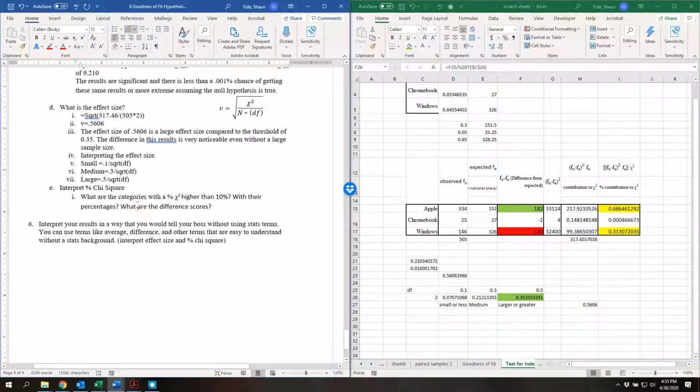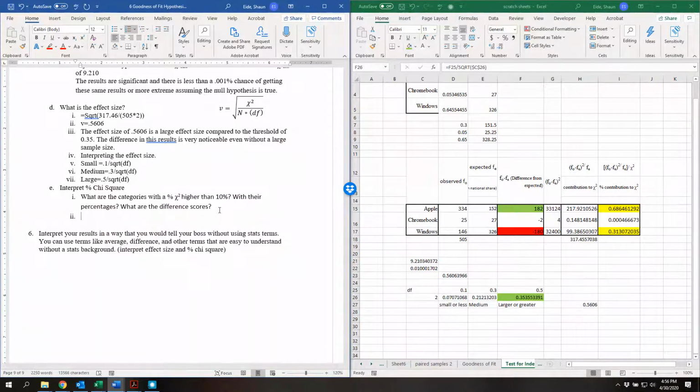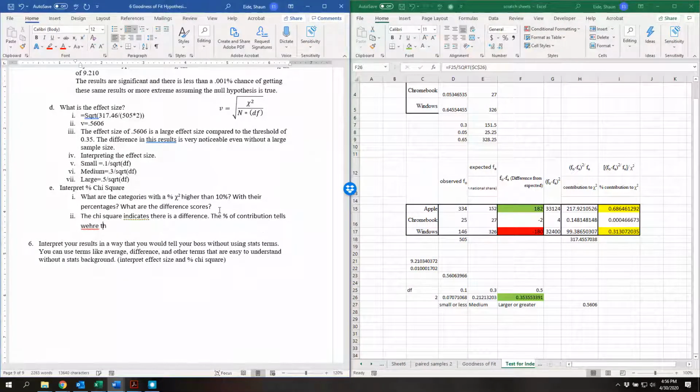Now this is something that's new that we didn't talk about in the last lecture. Interpreting the percent chi-squared. We already did that a little bit earlier, and basically we're saying, where is this significance coming from? Just because you have a high chi-squared, that's not enough. You need to say, we have a high chi-squared, the chi-square indicates there is a difference. The percent of contribution tells where the difference comes from,